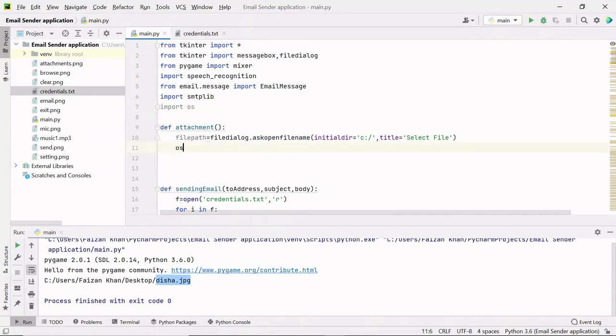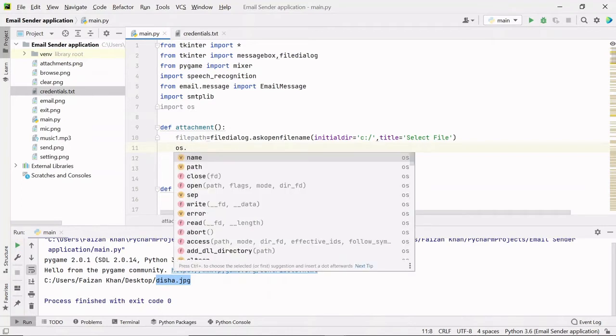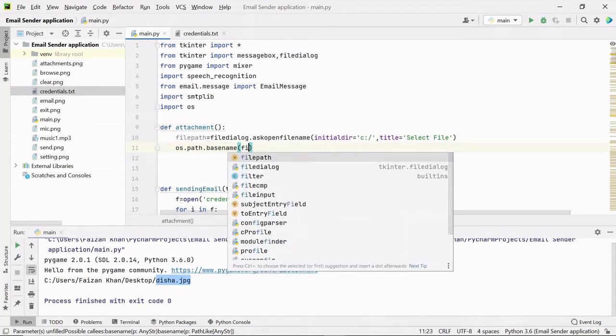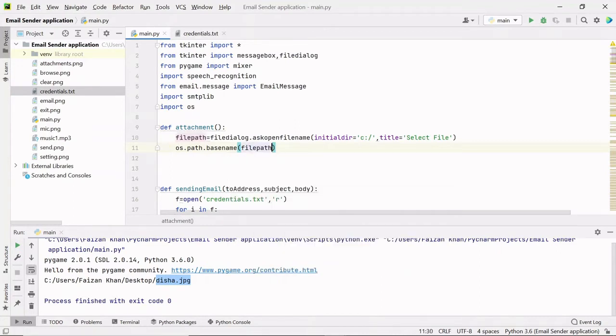I'm going to use this module's path.basename method, and to this method we can pass the complete file path. So I'll pass this file_path variable, and this method will return only the name of the file that we have selected, and I will store that in some variable, file_name.